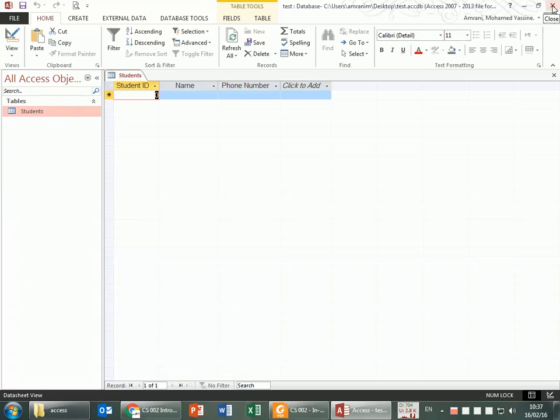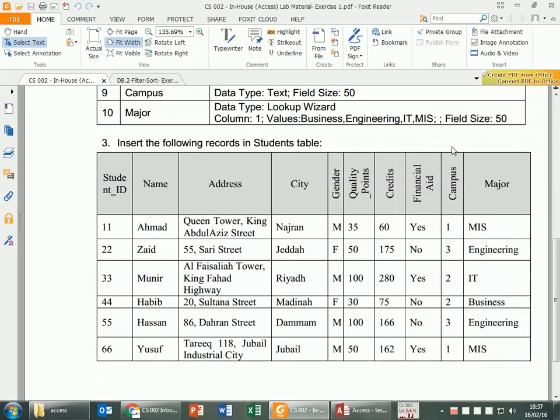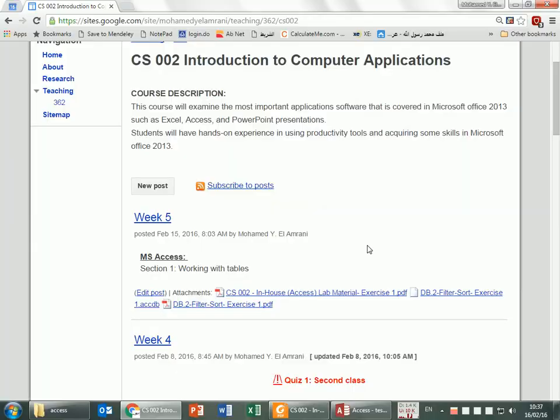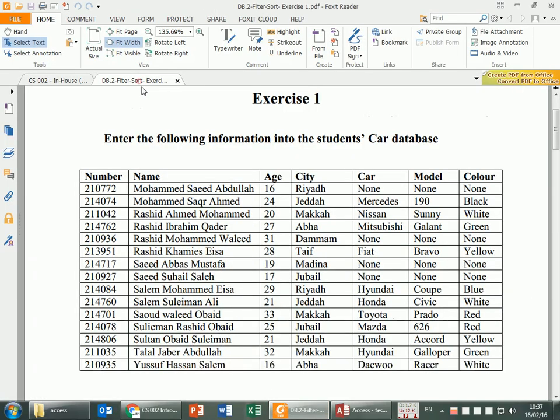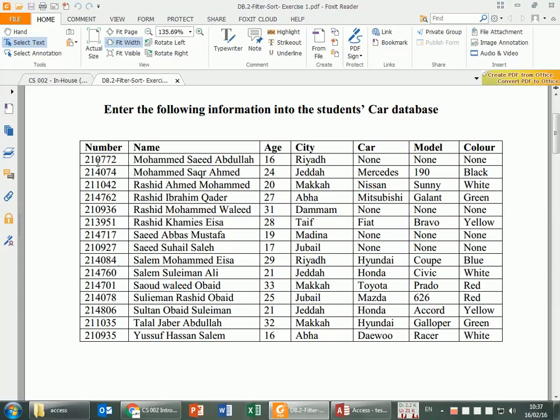In order to not waste time typing a lot of stuff, I'm going to give you a database, which is this one that is here. Let me show you. So this is the first exercise, okay? The first one that I showed you. Now this second one is this one over here, this DB2 filter. It's another exercise one about cars. I'm giving you this,